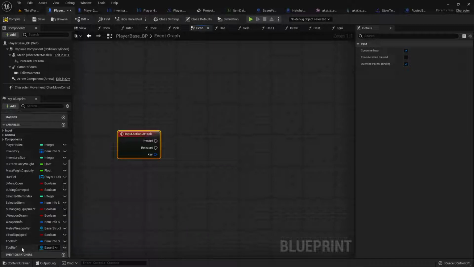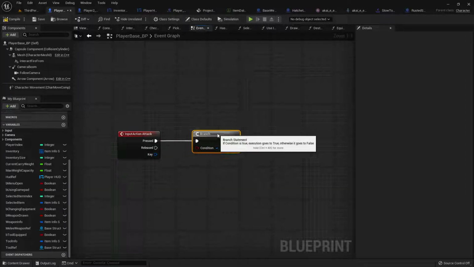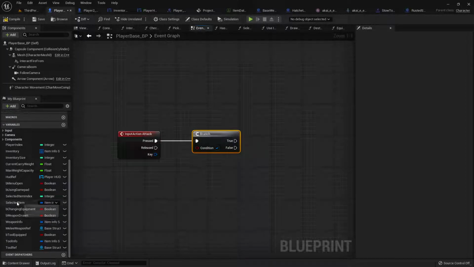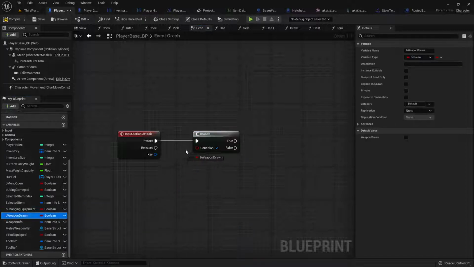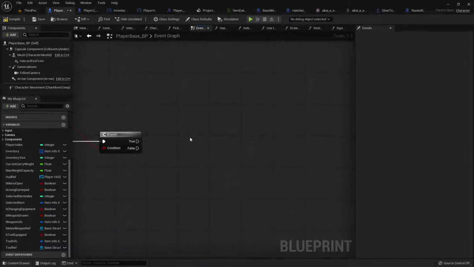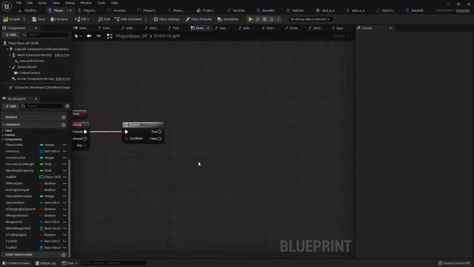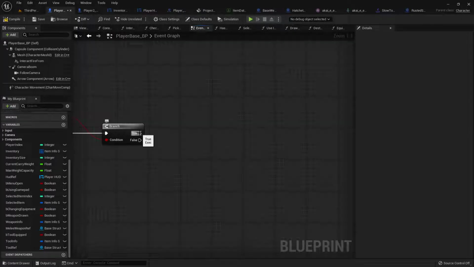Now we are going to do a branch, and we are going to see if we have a weapon drawn. And if we do, then we're going to do our combo attack system. If we don't, then we'll check to see if we have a tool equipped, and we'll do our tool swinging stuff. But for right now, weapon swinging. So if it's true, then we want to